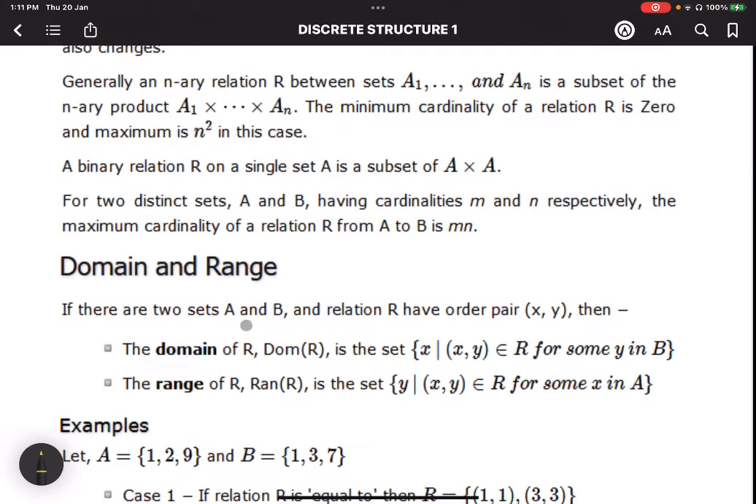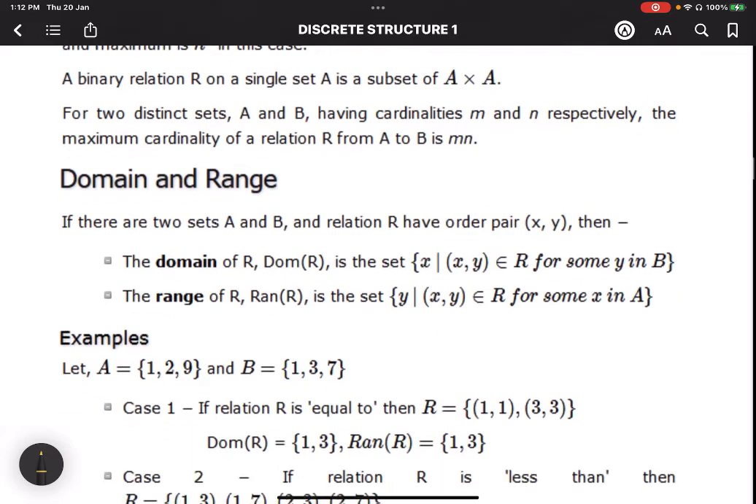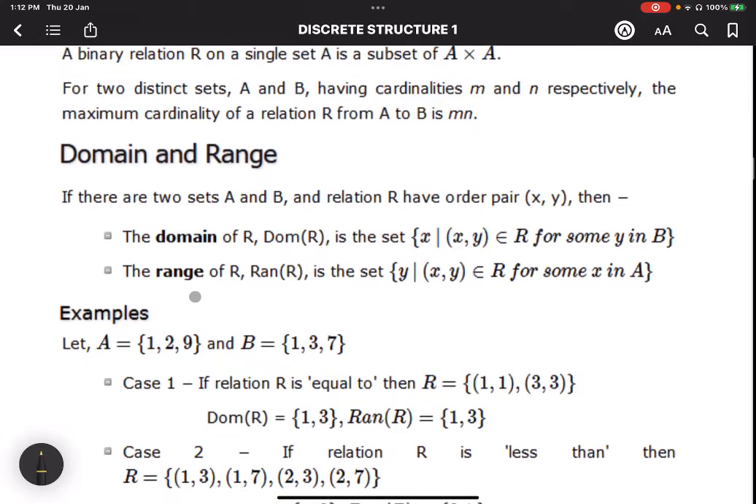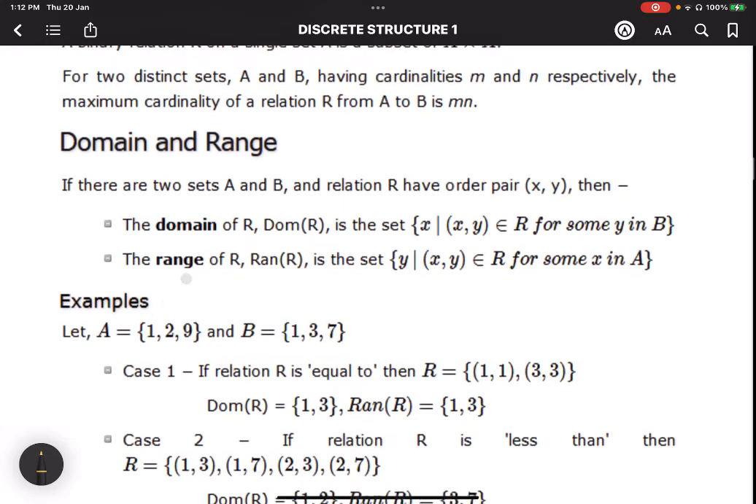In mathematics, in functions, in calculus, domain always refers to the input and range always refers to the output. Or domain refers to X and range always refers to Y. Okay? So, to understand the meaning and relationship of domain and range,